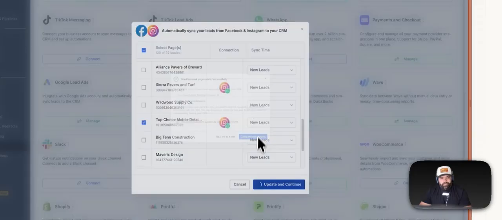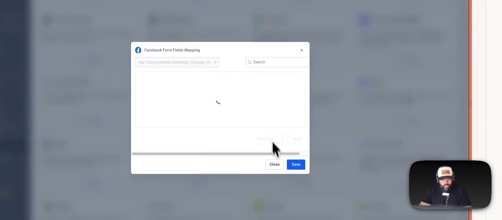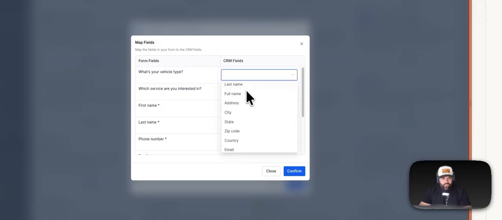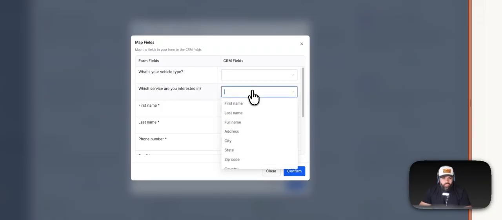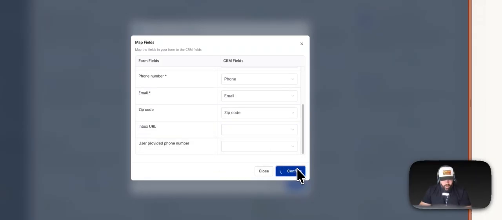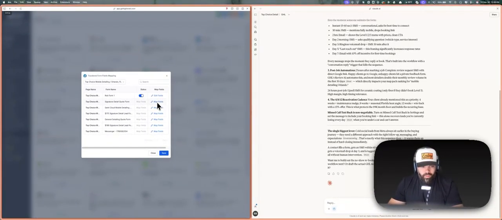Okay. This is really the only one that we want. What's your vehicle type? We'll do that, no problem. Service. Yeah. Okay, first name, this, got it. And then